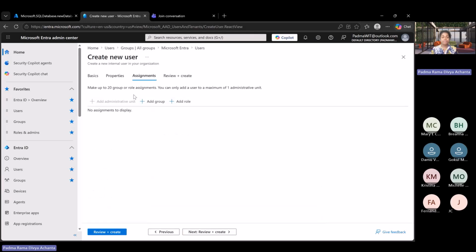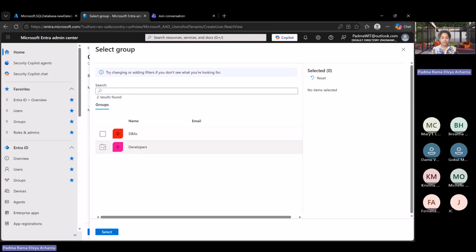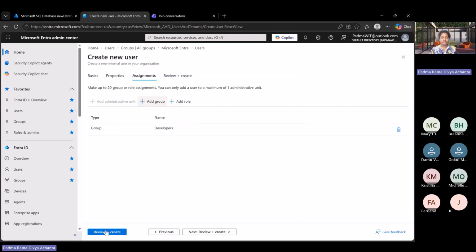And assignments. If you want this user to be added to a specific group, then yes, you can add. I'm adding this particular user to the developer groups. And then, if you want to add a role,